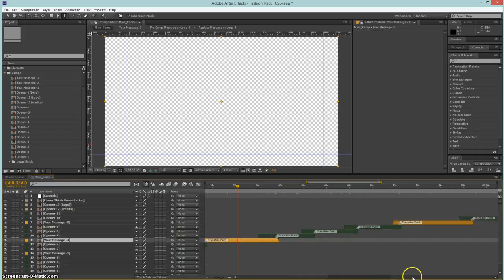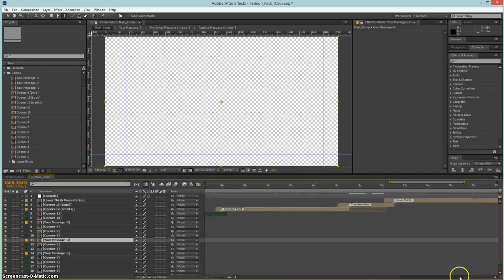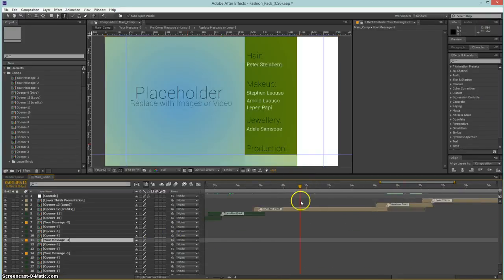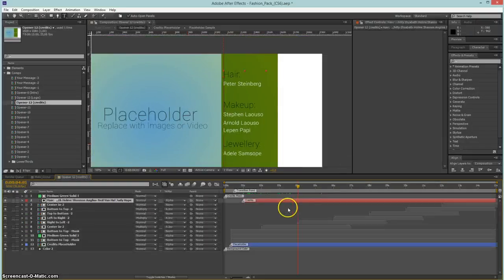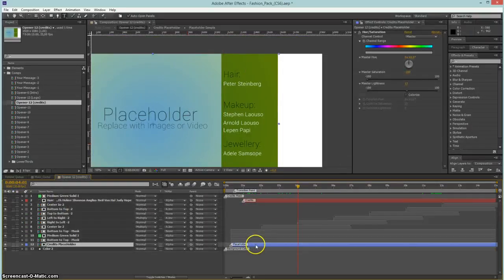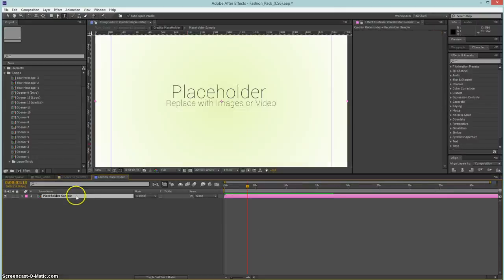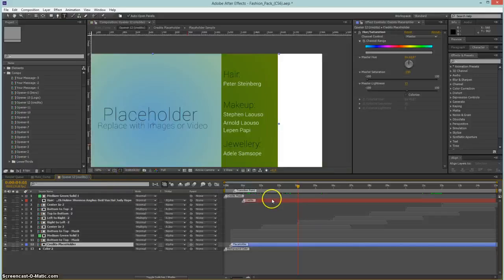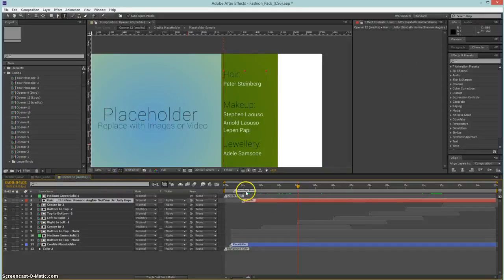Next is the credits. You double click the credits comp and you see the placeholder, the blue one again. You double click the blue layer and you replace here the credits placeholder. If you would like to edit the credits, you can retext this